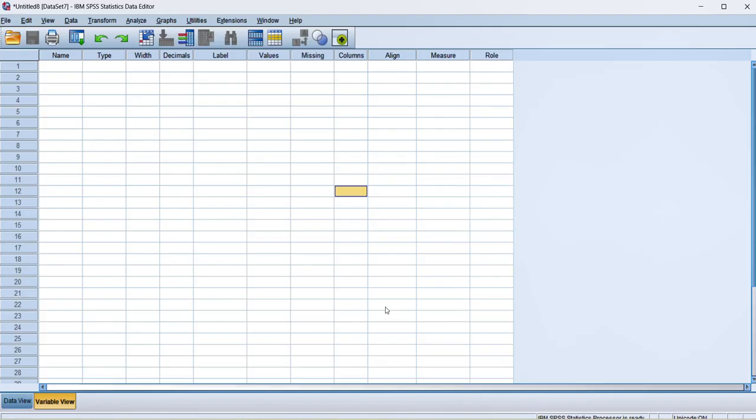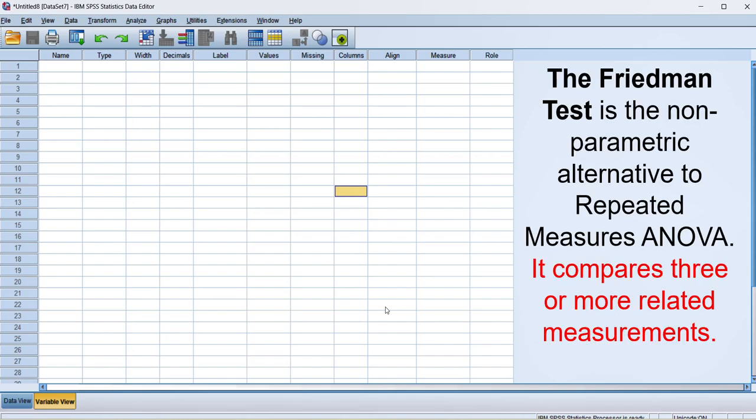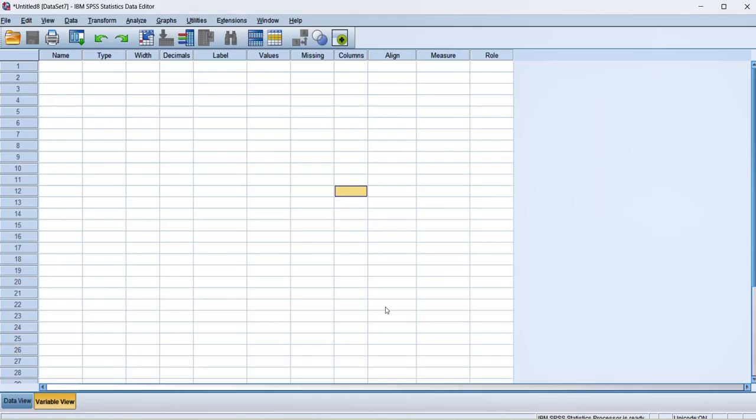Now I will discuss how to conduct the Friedman test. The Friedman test is also a non-parametric test, which is an alternative to repeated measures ANOVA. It compares 3 or more related measurements. Keep in mind, the Kruskal-Wallis test compares 3 or more independent groups and the Friedman test compares 3 or more related groups.